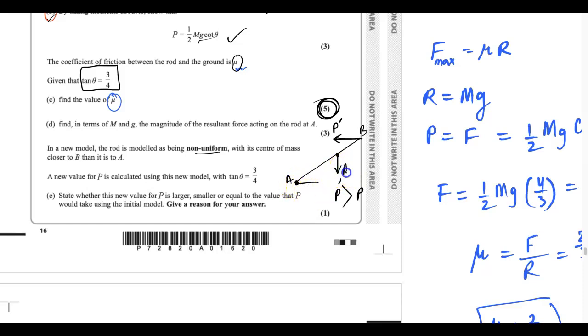This is weight, mg. So we can say the new value, we are assuming it to be P dash. P dash is greater than P as the moment